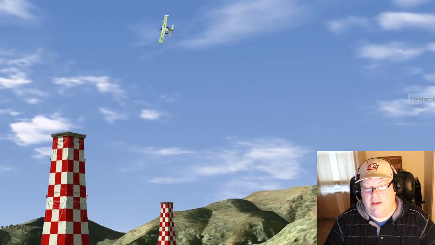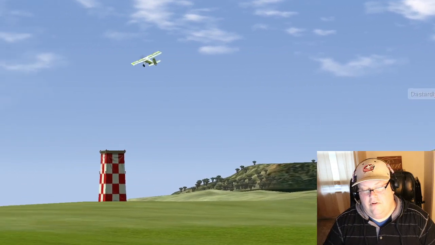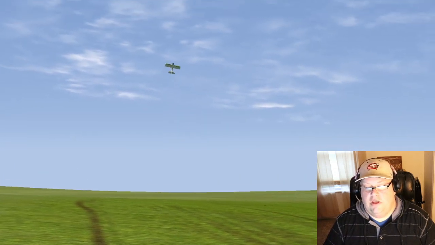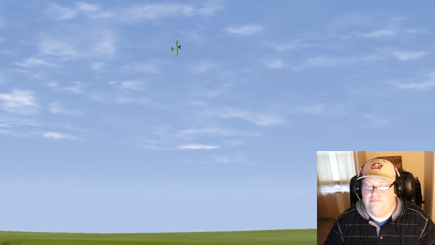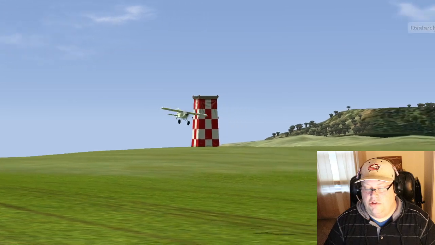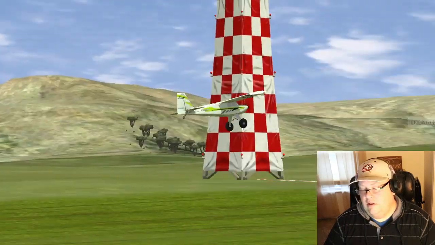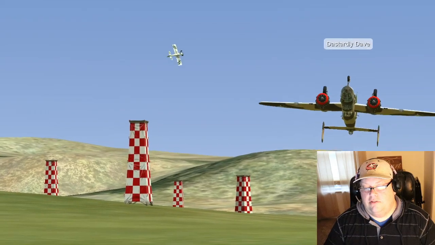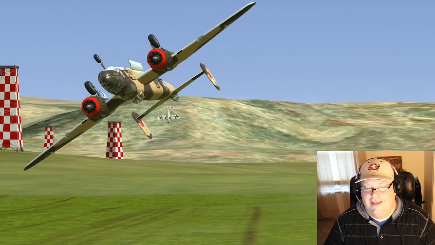Enough authority to make it tumble inverted like that. One thing when I'm flying the nicer sports planes, like the Edge and the Extra, the Yak, and all those, I like to practice a slow